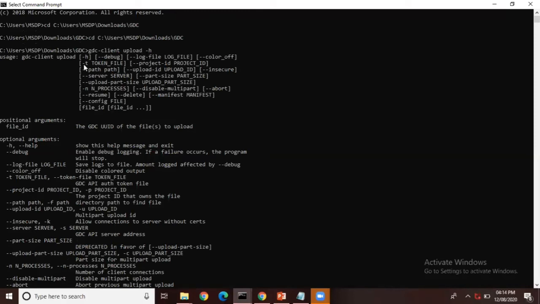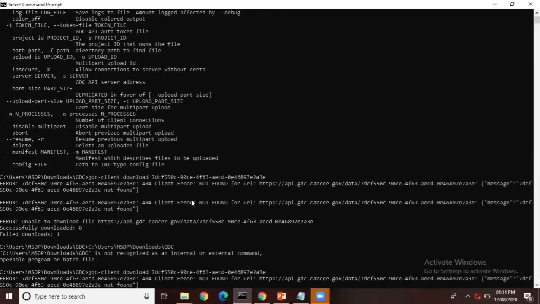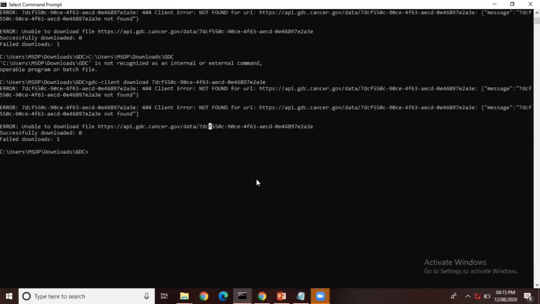Once you have a token with respect to your account, then only you can use this token option, -t. And after that you have to give the GDC UUID, and after providing that, for example, gdc-client download and the UUID, then only it will download, or else it will get stuck with an error.